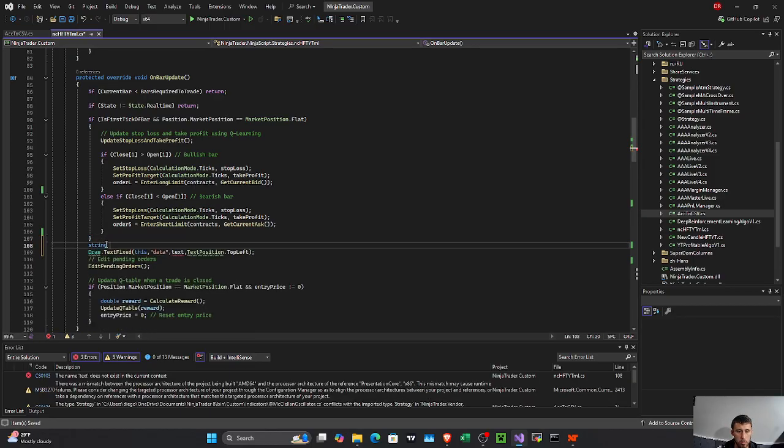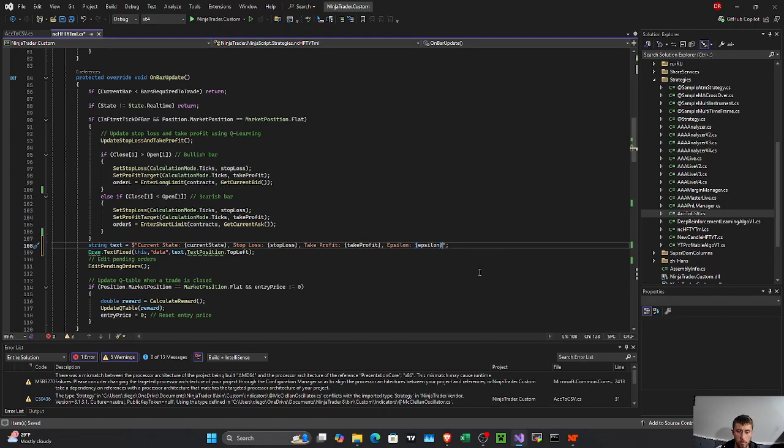Now we'll make our string text equals... yeah, we can do this. Not sure what the epsilon is, but